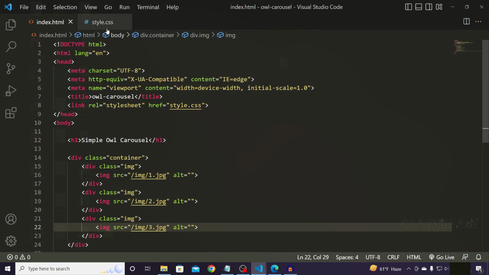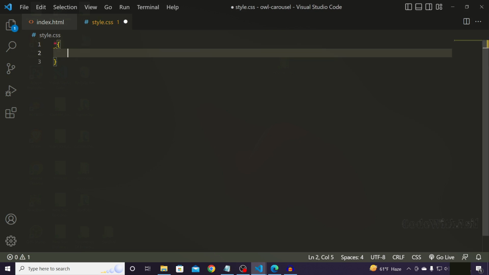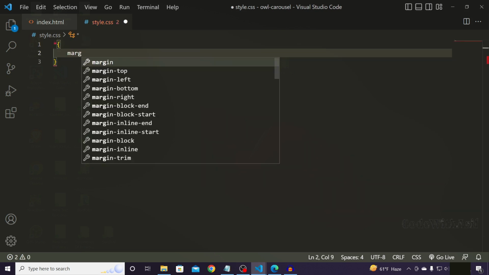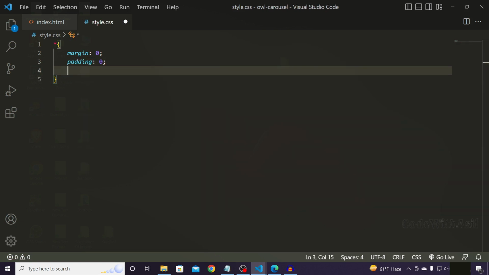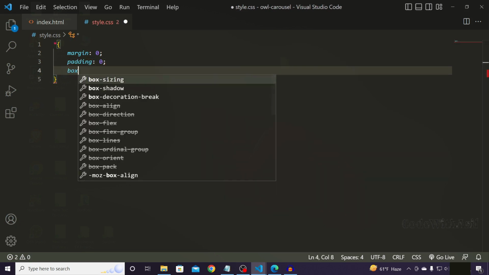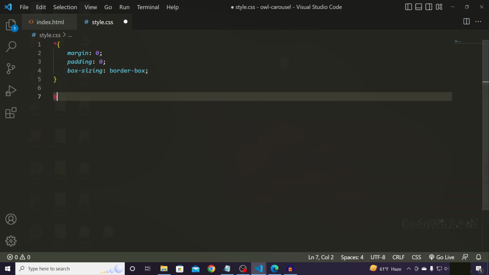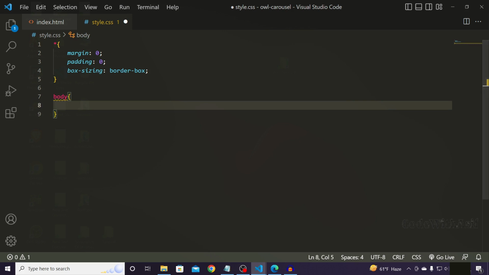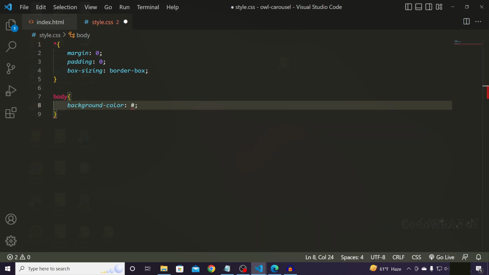Now come to the CSS. Here I am going to give some CSS resetting like margin 0, padding 0, also give a background color for our body tag. Background color will be